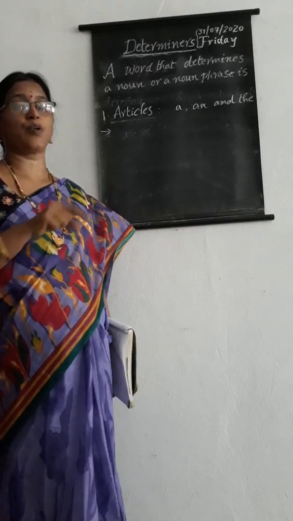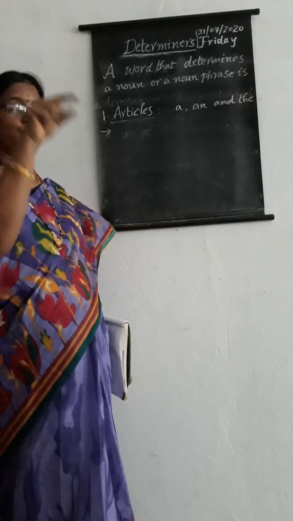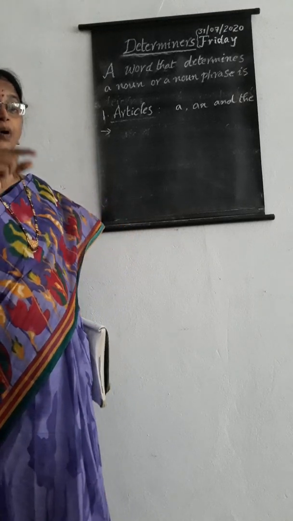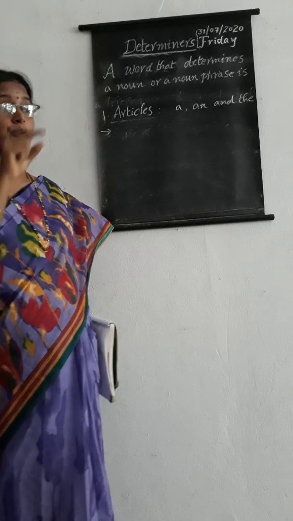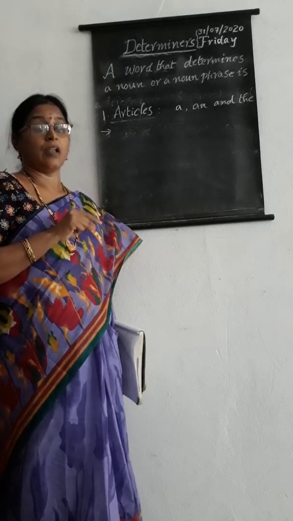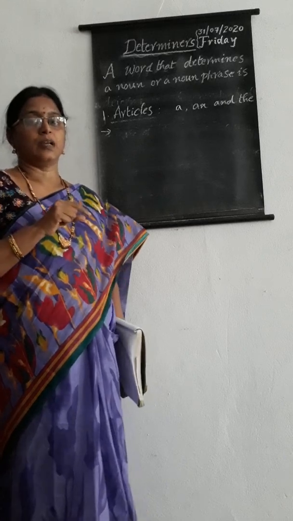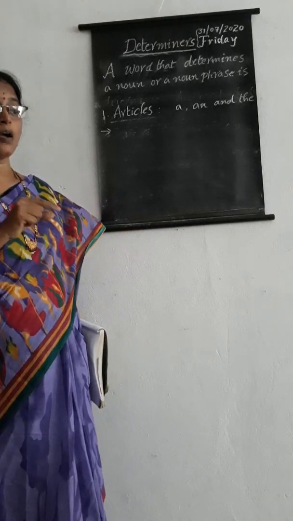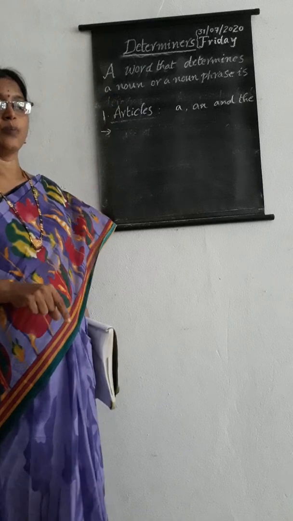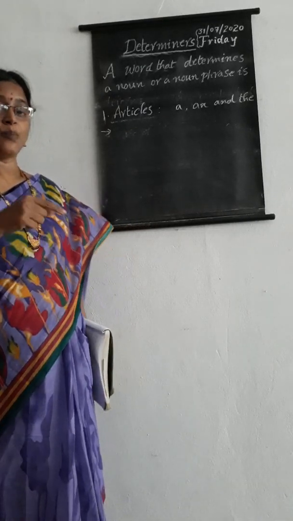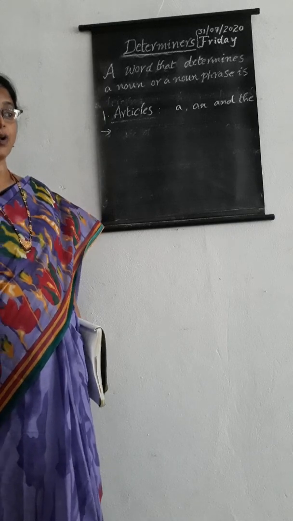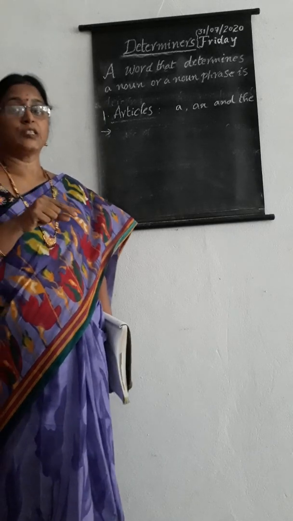The boy is a clever boy in the class. The particular boy, about a particular boy I am talking. That's why we have to use the definite article the. The boy is a clever student, and I am not talking about any other boy. The particular boy Ravi, the particular boy Gopal. That way, sometimes we want to speak about a particular person, particular place, particular thing.